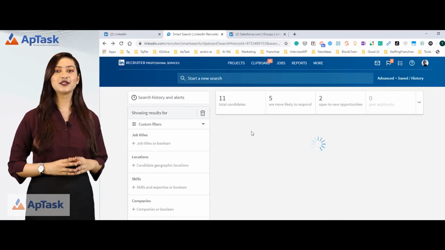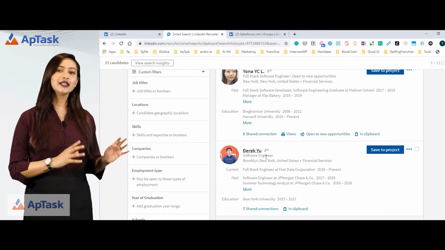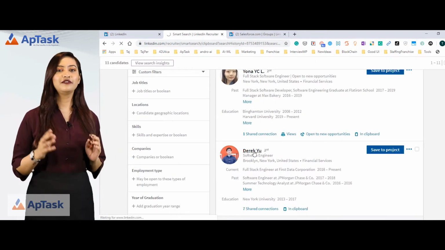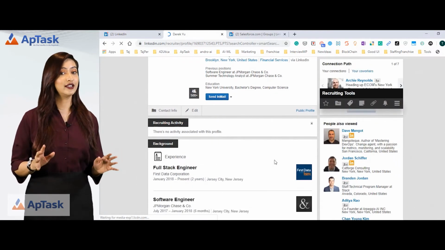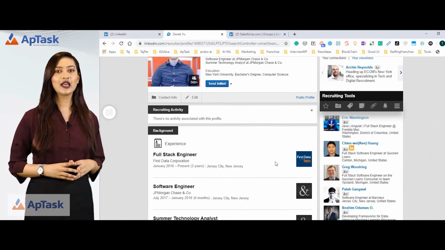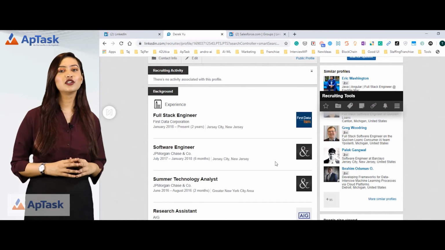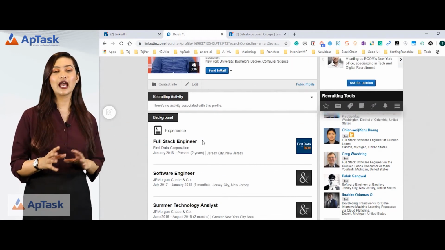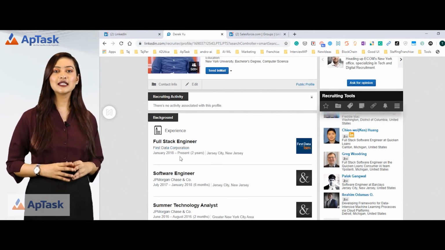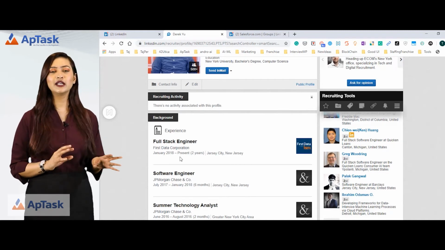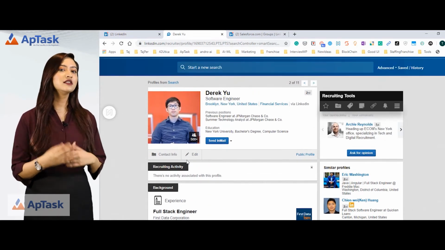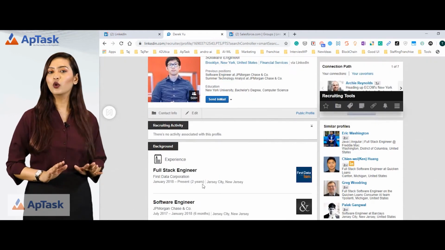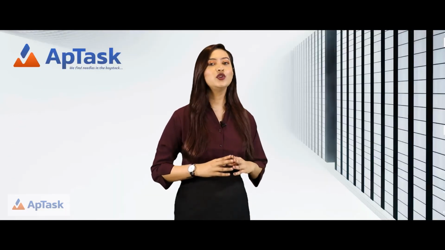Since you have understood this, you can select the second candidate and continue reviewing the resume because you do not want to waste the InMail credits that you have. That's the reason you want to search this, review this candidate. If this person has recently, in the last few months, changed the job, the probability of this person considering a new job is really low. So in that case, I would not send it.